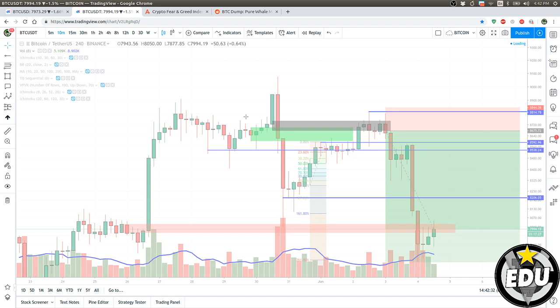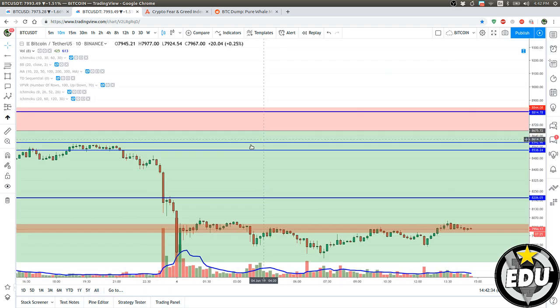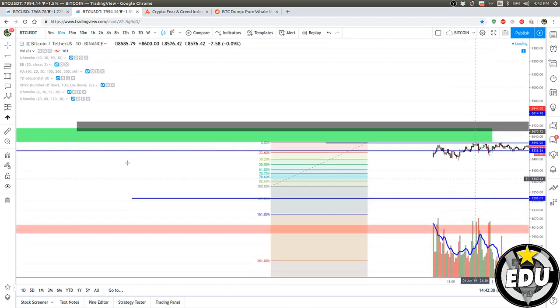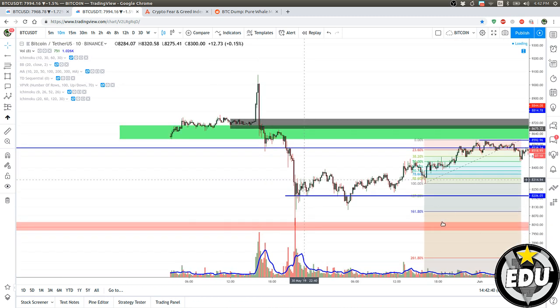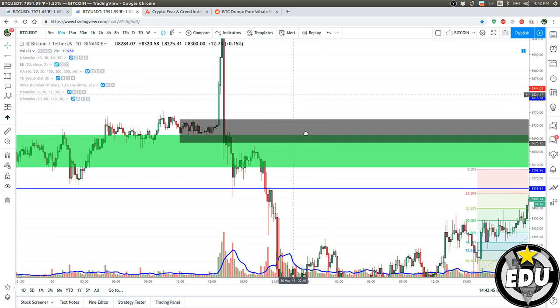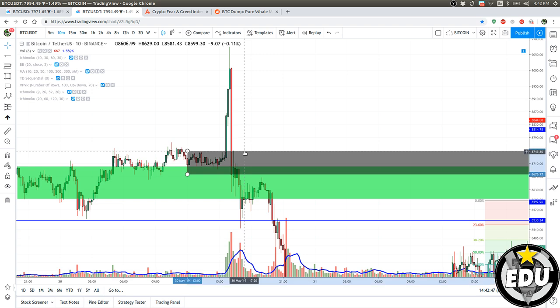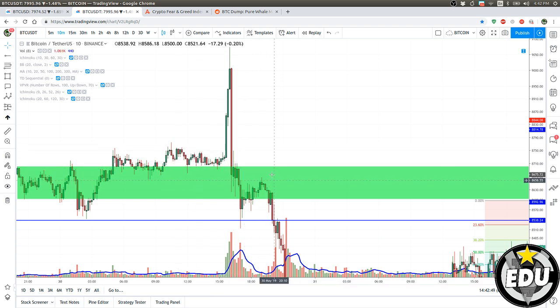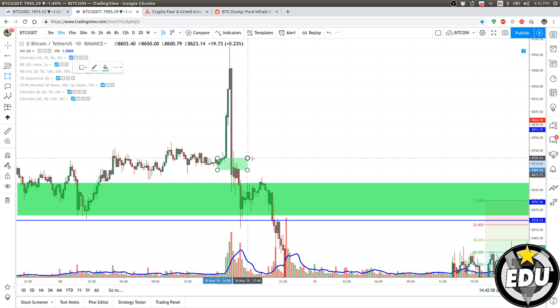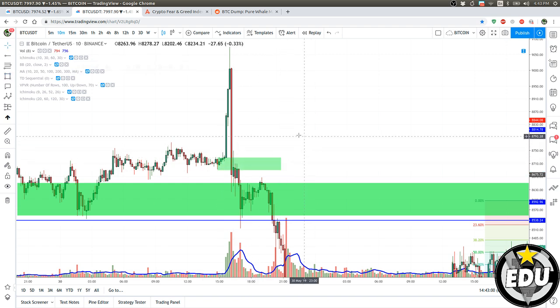So if I go on 10 minutes time frame, yeah, it was too late, but it worked perfectly. So let me remove this. So which one is the breaker here? This one. This red is the breaker that took out the stop and got broken. So that's the breaker.